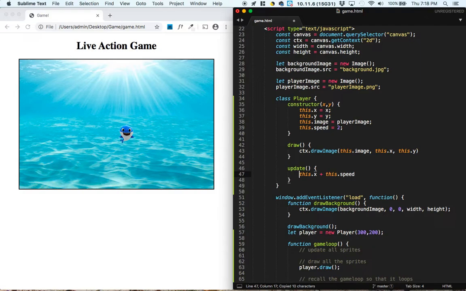And we're going to make this the new x coordinate of the sprite. So every frame, the old x-coordinate added by 2, added by the speed, is going to be the new x-coordinate, which is going to create the illusion of it moving to the right. So let's give this a save